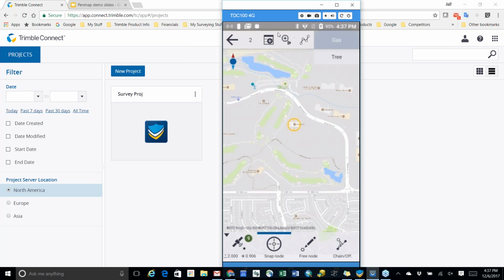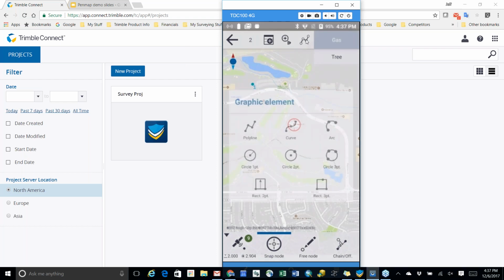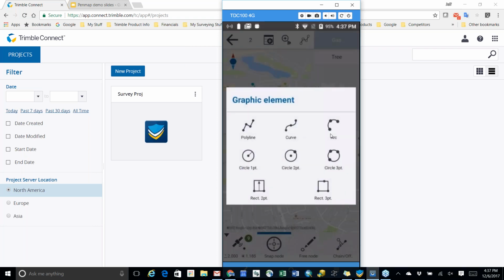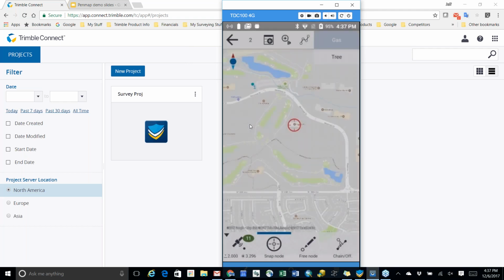I know this symbology here changes. It looks like a target with a play button. That's telling me that I am starting a line. I haven't started it yet. And then this symbol here shows that I'm collecting a polyline. If I tap on this, I can change that line. I can collect a curve or an arc if I want. If I'm drawing out a curve or an island of some sort, I could draw a nice smooth curve in the field rather than a bunch of hard vertices. Then we have the ability to collect circles and squares based on a radius, 2, or 3 points. That's pretty flexible. I'm not going to demo that right now. I'm just going to stick with the